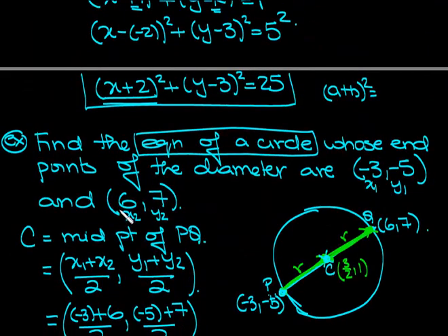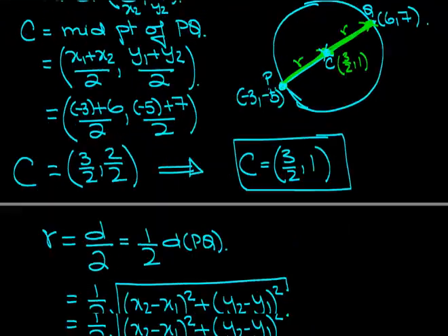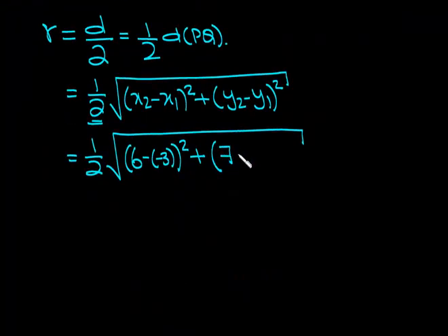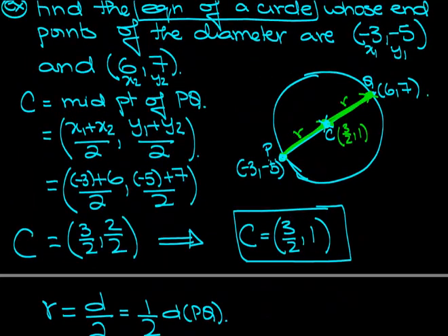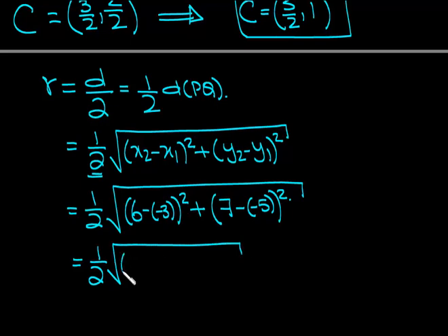x1 is negative 3 and x2 is 6. So we get 6 minus negative 3 squared plus y2 is negative 5. I'm sorry, y2 is 7 minus y1, which is negative 5, squared. So we get 1 over 2 times the square root of 6 plus 3 squared plus 7 plus 5